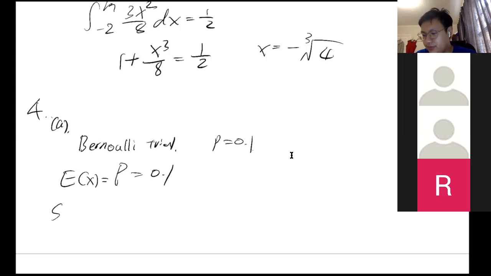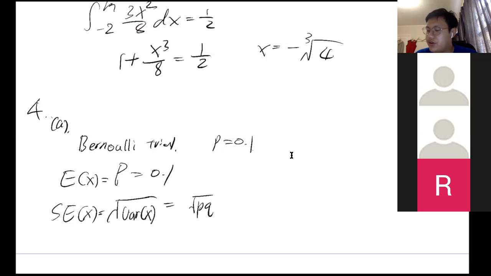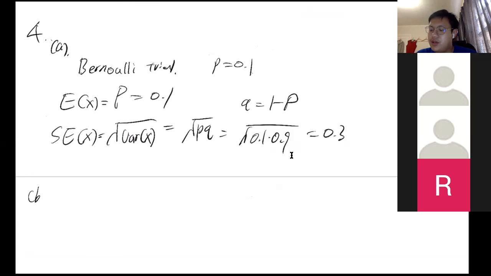And the standard error of any variable is the square root of the variance of this variable. And we know that the variance of a Bernoulli variable is pq, where q is defined to be 1 minus p, the failure rate. So this is the square root of 0.1 times 0.9, which is 0.3. Part B,